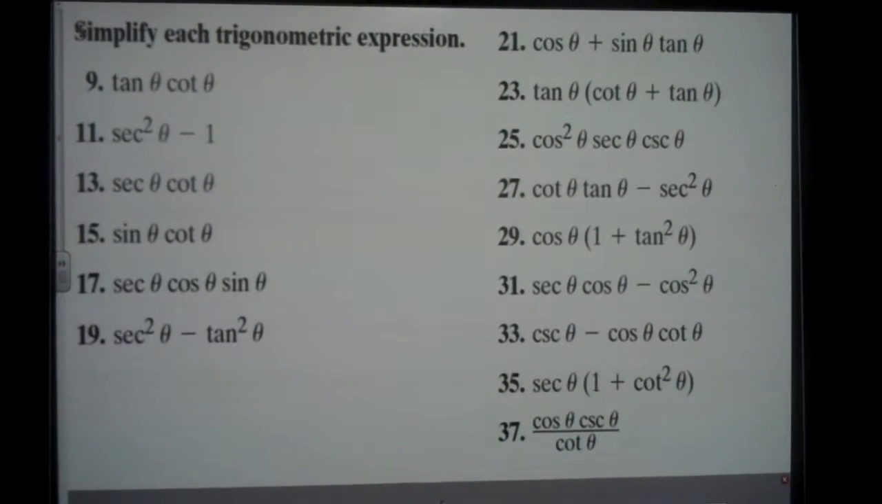Now, possibly the worst type of question is when you're actually asked just to simplify an expression and you're not actually told what it simplifies to. So you've got to improvise a little bit on questions like this, and some are certainly going to be easier